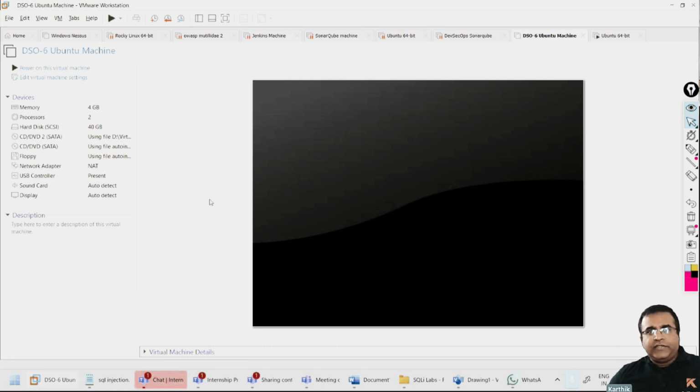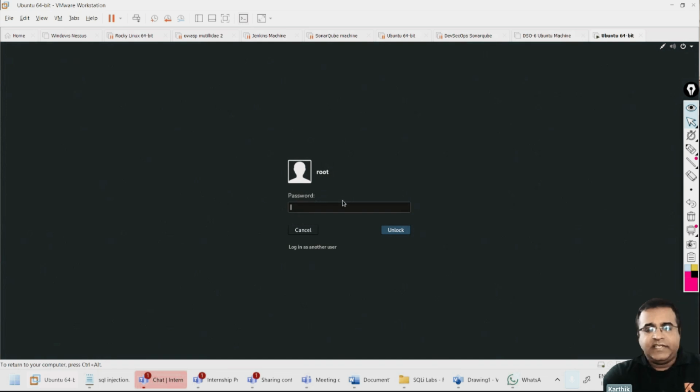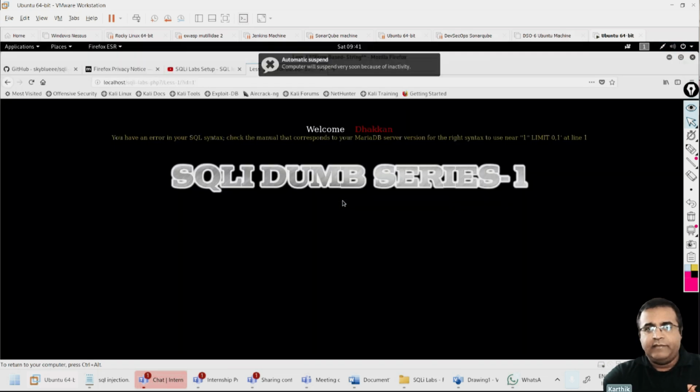There are two different machines I'm going to work on today. One machine is going to be the SQL Labs machine, which I've already set up. This is basically for when we come to SQL injection, where we'll see how to attack and what scenario is happening out there. We will look into that part. But here we are not going to see how to install MySQL and how to work with that part. Okay, so that's going to be that.